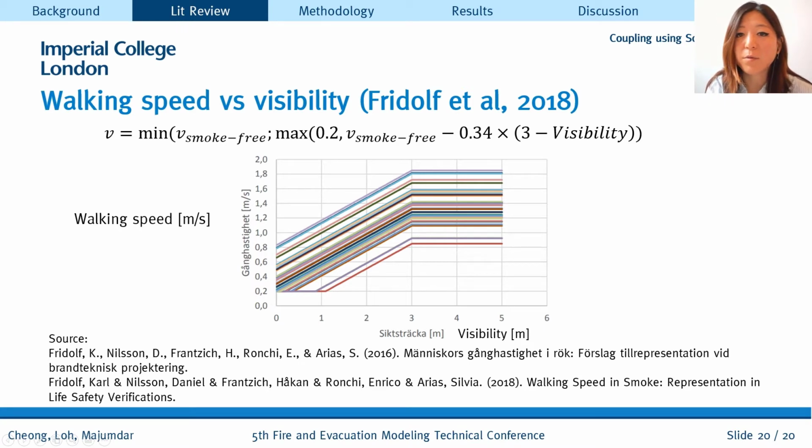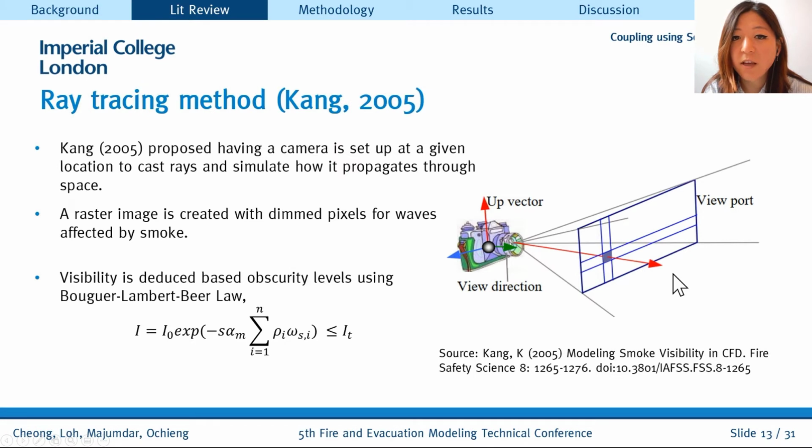resulting walking speed through the smoke as the minimum of unimpeded walking speed and the walking speed impacted by the smoke. Also, the study stated that at a certain visibility, the physical ability of oneself has a negligible impact on the resulting walking speed. To consider non-local visibility values, Kang in 2005 considered a ray tracing method of having a